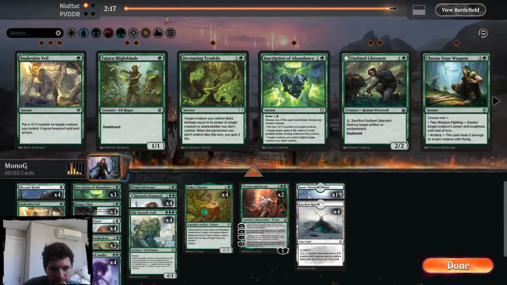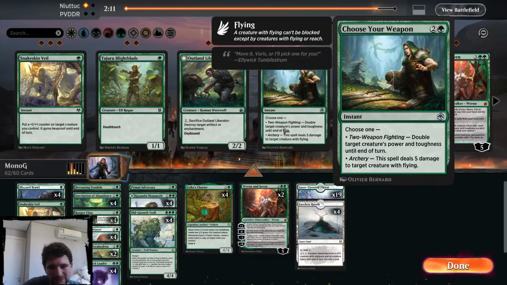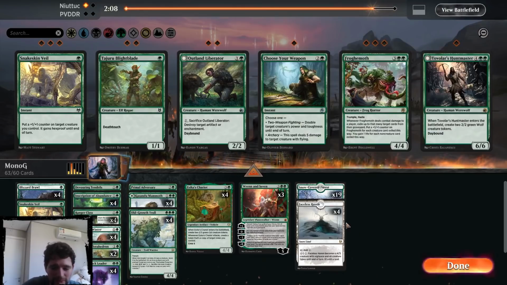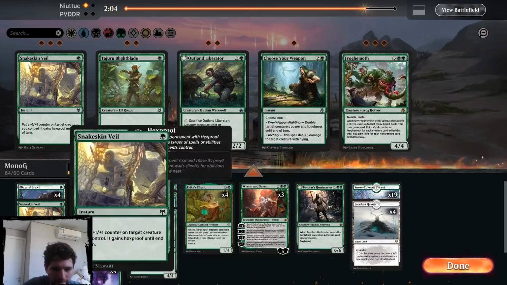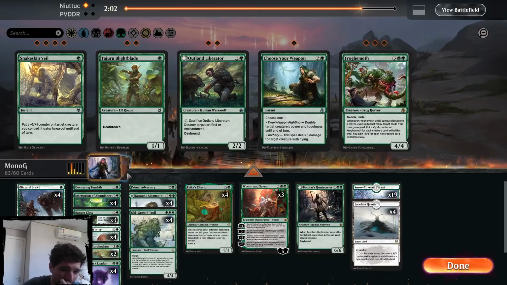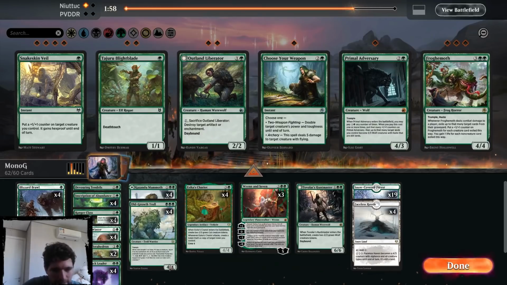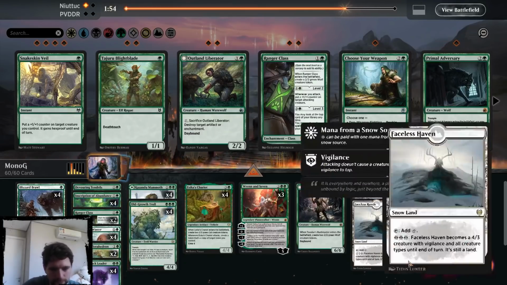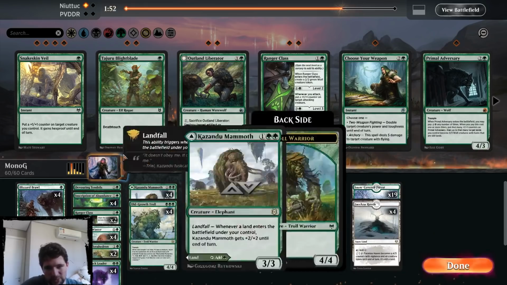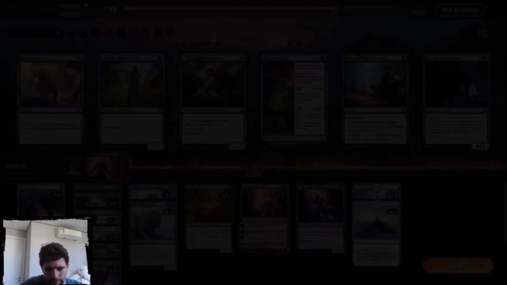Alright, so let's see what we want. We definitely want the removal spells. That might not be all we want. We want the Choose Your Weapon. Oh, I think we want the Wrenn as well, and maybe the Tovolar, being on the play. We don't want the Veil. I don't think we want the Adversary. What I usually do is take out 2 Ranger classes versus these aggro decks. On the draw, I sideboard a bit differently. You can have that many expensive cards on the draw, but...